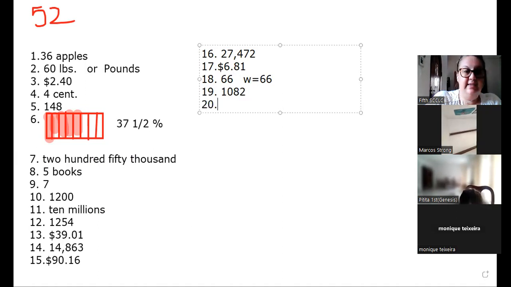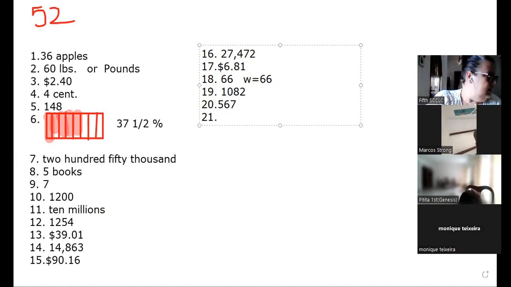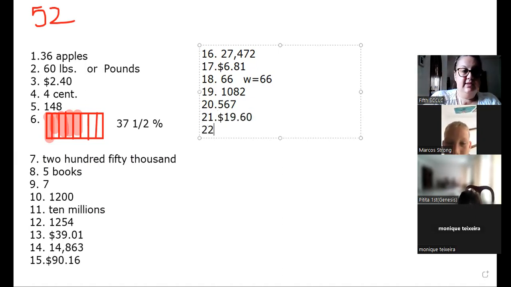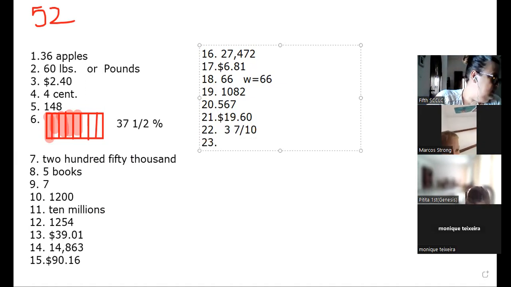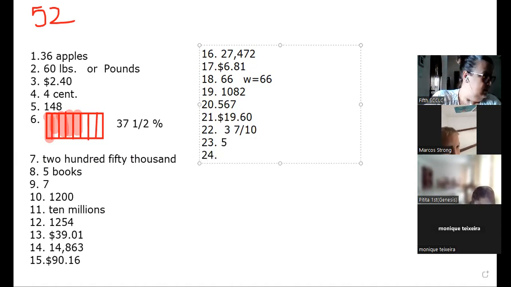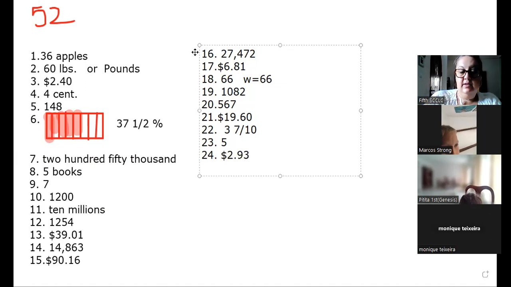19, 1,082. 20 is 567. 21 is $19.60. 22, you should have 3 7/10. 23, you needed to have 5 as your answer. 24 should be $2.93. 25, you should have D. 26,